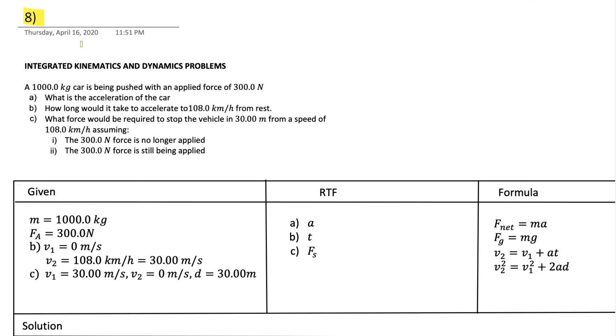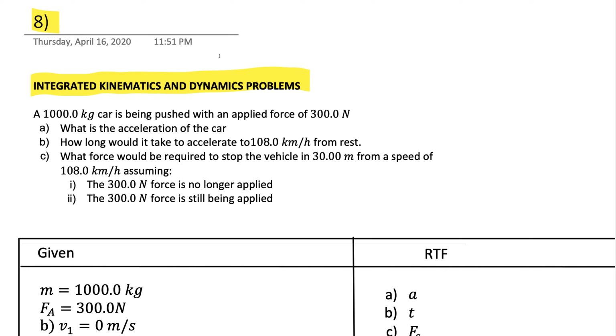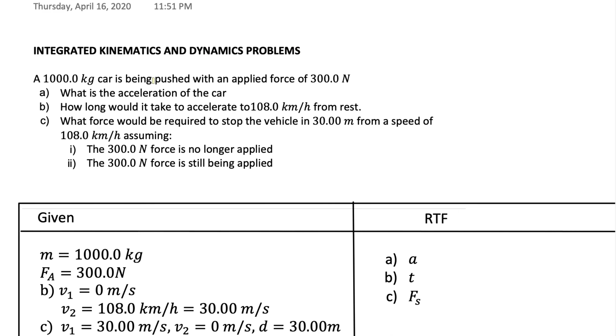Example problem number 8 is another integrated kinematics and dynamics problem. And as a reminder, the one parameter that links kinematics and dynamics together is acceleration. So what we need to do is organize the information in terms of the kinematics information and the dynamics information. So we have a 1,000 kilogram car and it is being pushed with an applied force of